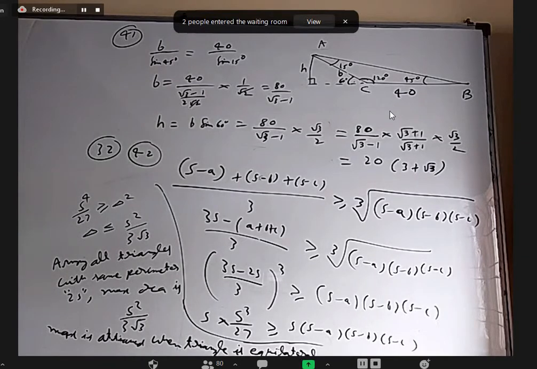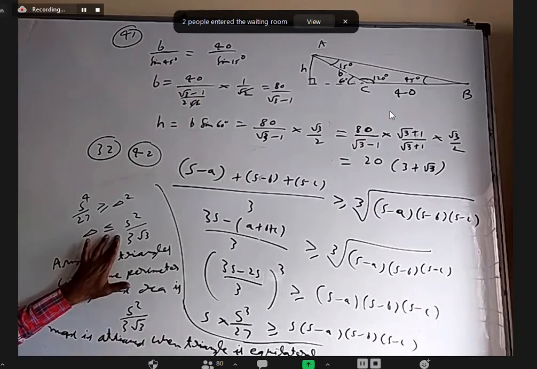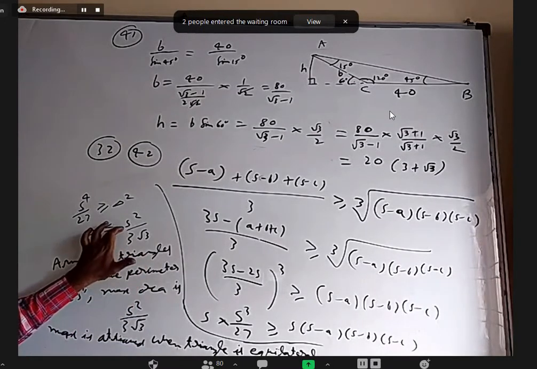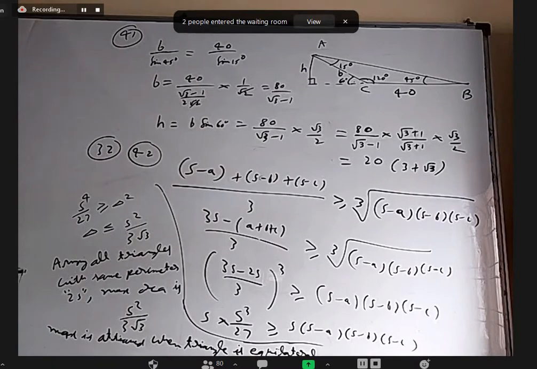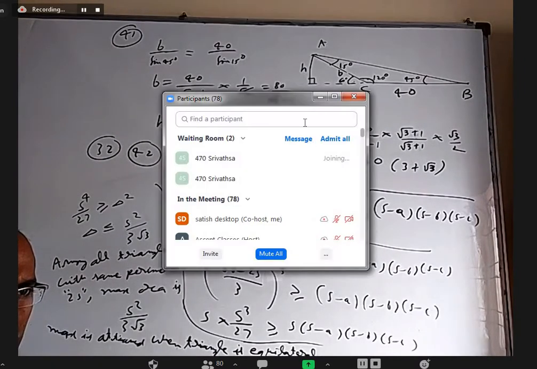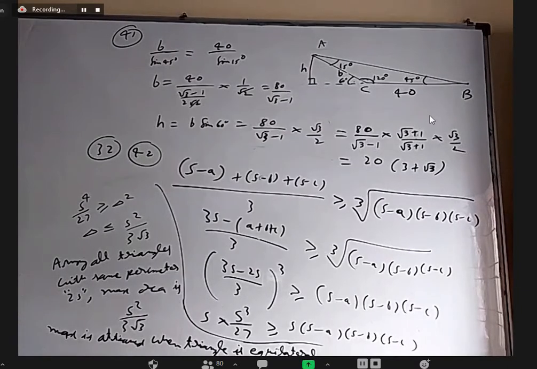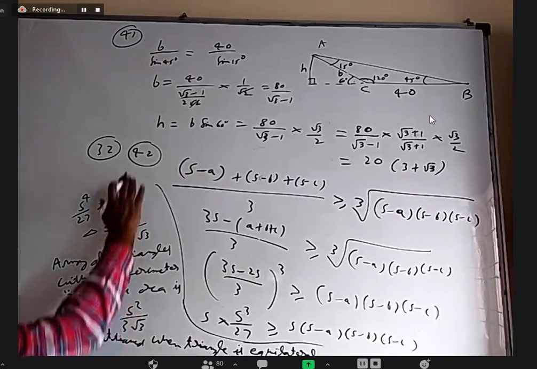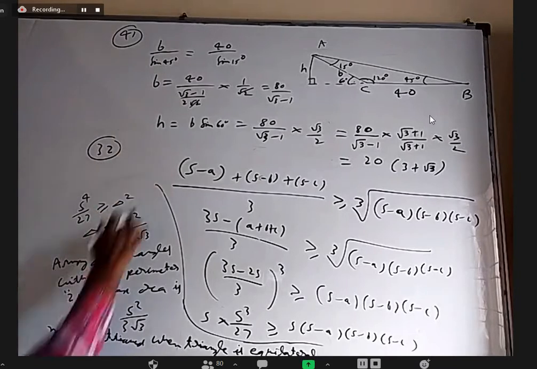Okay, that is both 32 and 42. This is only 32. In 42, in the place of s, you have to write (c plus 8) by 2, because instead of giving 3 sides, they gave 2 sides only. There is the sum of 2 sides and one more side. Maybe you can as well write only 32 and next time we'll write 42. What is it?